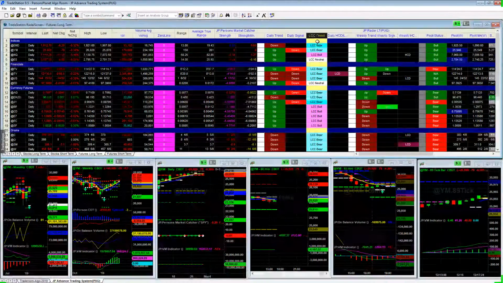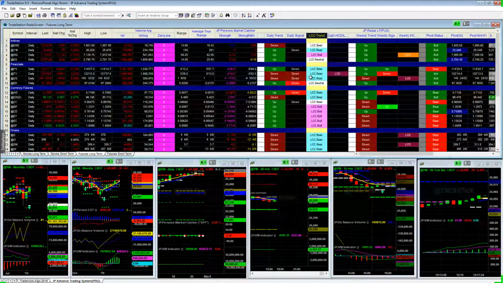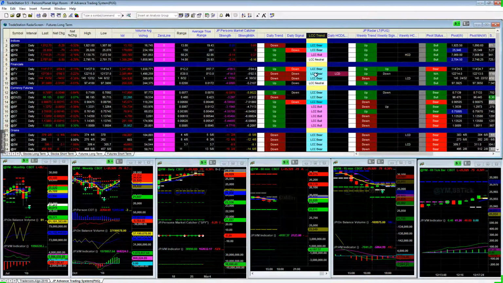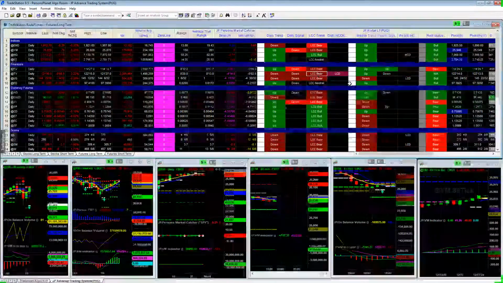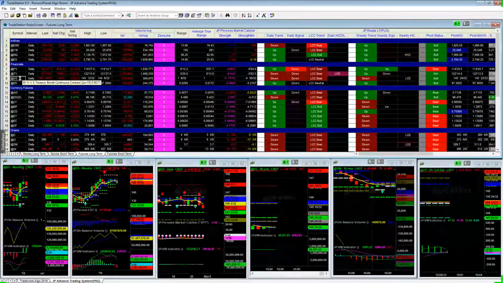We have a last conditional change, whether you get a strong buy signal or sell signal, it can be found on the radar screen. So it defines whether or not it is just a regular sell signal or did it break a last conditional change. Interesting to note that this is a great time to do the